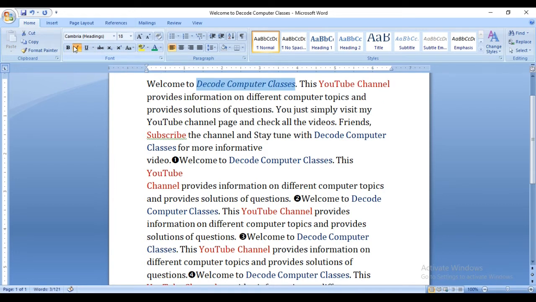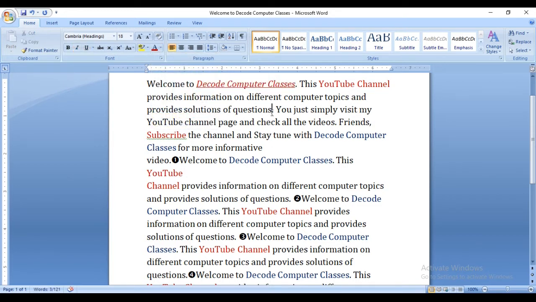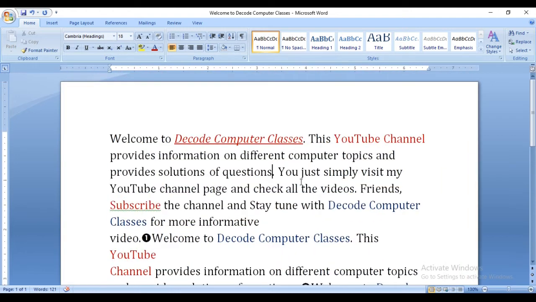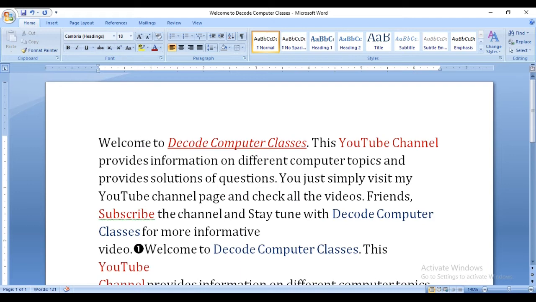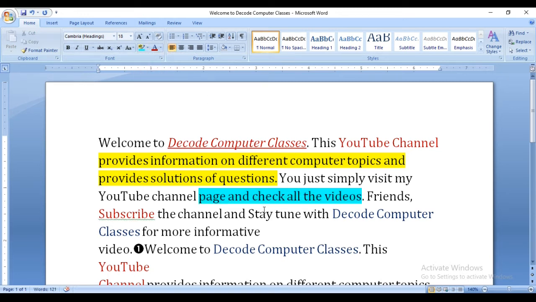And of course we can make it italic like this, underline. We can choose the color for that particular font, right? As you can see, I can show you in zoom like this. And different things we can apply here, like we can change the text background. We can apply color on the text background. Different color options we can apply, right? You can say we can highlight this. We are highlighting the background of the text, right?